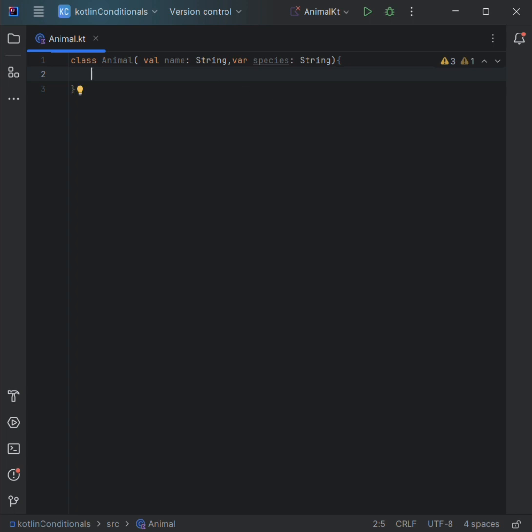We are going to add a function for the class Animal. To do that, we use the keyword fun and then the function name makeSound. And inside it, we put an output: this animal makes a sound.